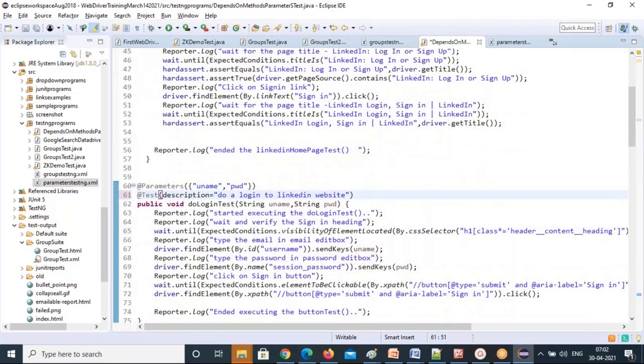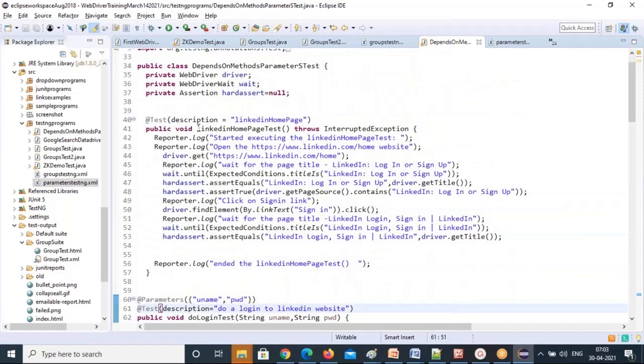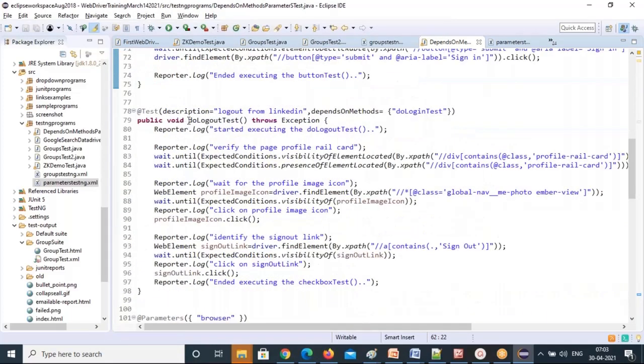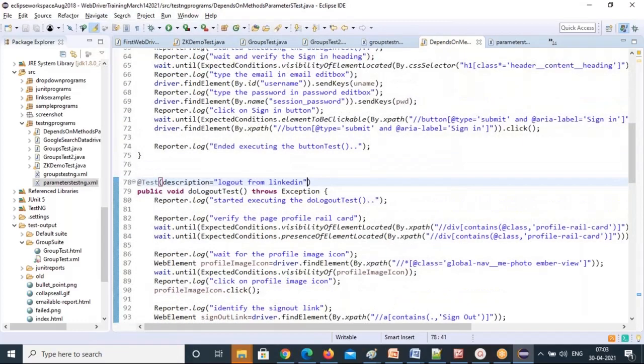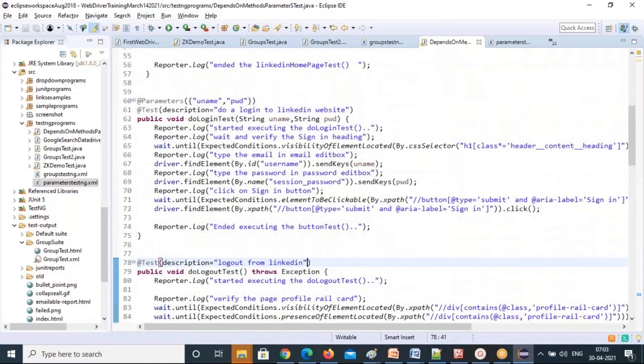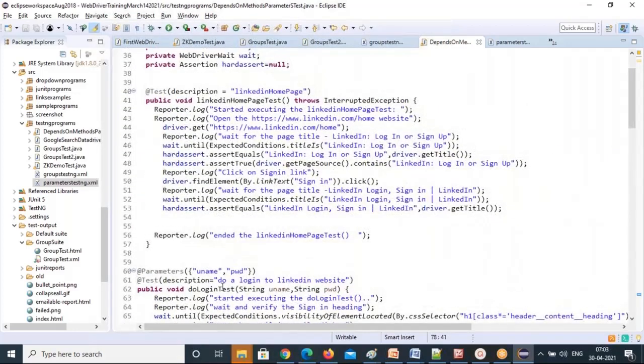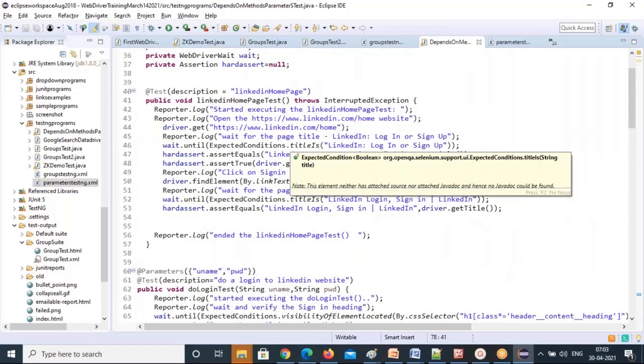Now which one will execute first out of these methods: LinkedIn homepage test, do login test, do logout test? Which one will execute first? Do login will execute. But that's wrong, right? Without the home page, without clicking on sign in, without having a username and password,